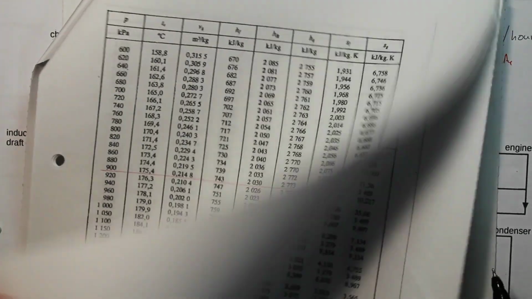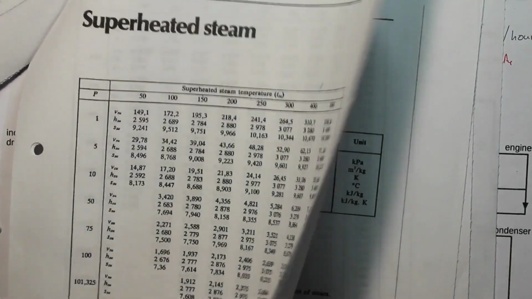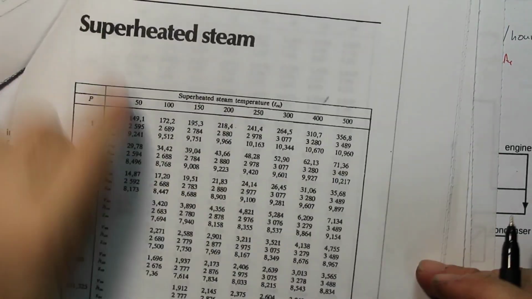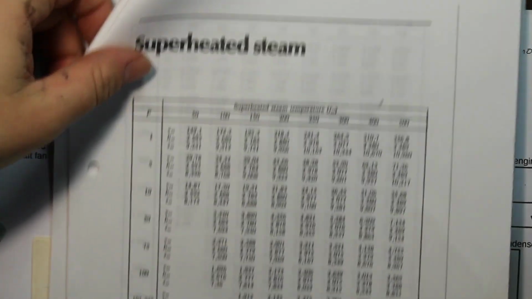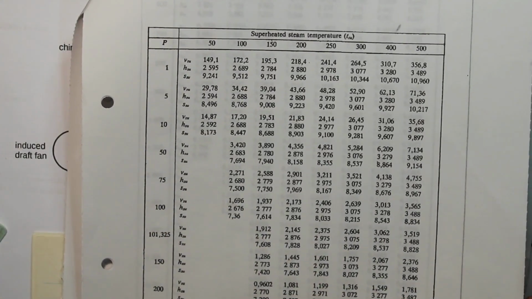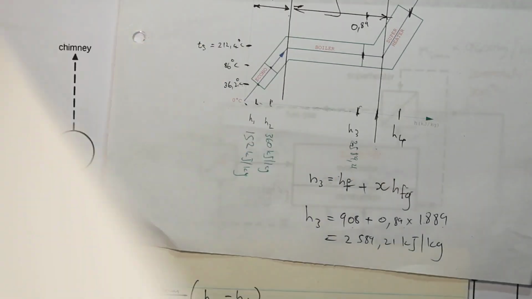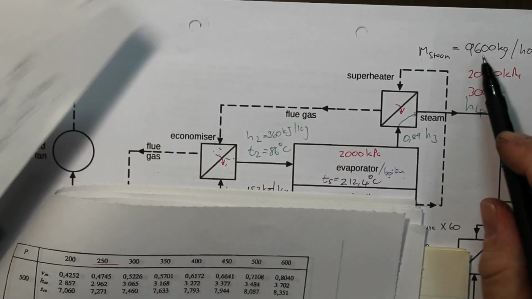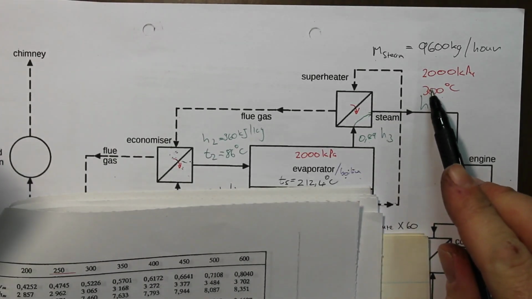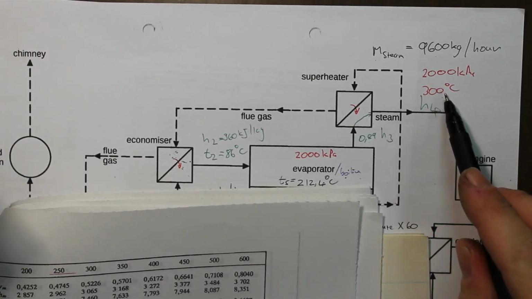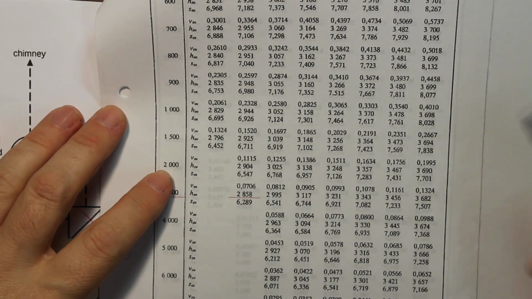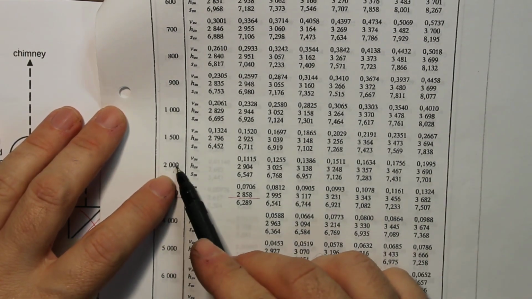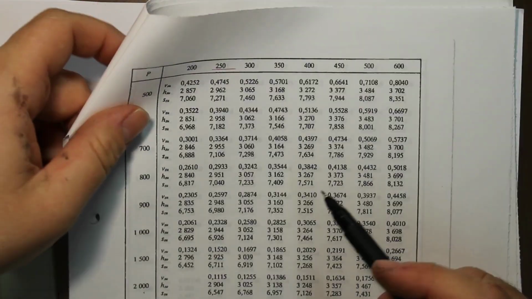And this time, we're not going to the water and steam properties. We're going to the superheated properties at the end. Okay, so we go to the superheated table, and we're going to read off. So what is the pressure going to be? It's still 2,000 kPa. You see there? Still 2,000 kPa, but the temperature is 300 degrees. Okay, so we go down to 2,000 kPa over here. So we go there,